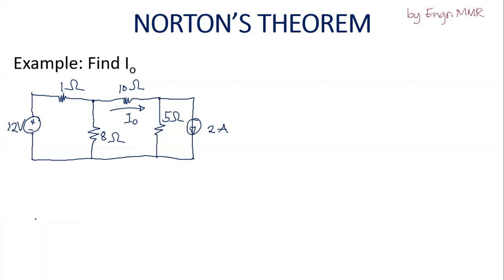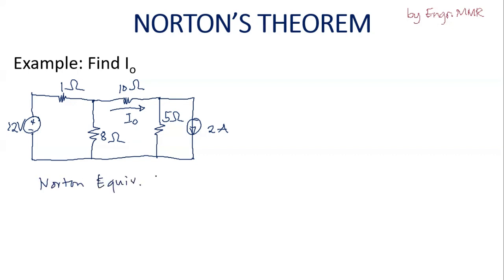Now, let's have an example to illustrate the concepts of Norton's theorem. The example is to find the current through the 10 ohm resistor. Recall that the Norton equivalent circuit